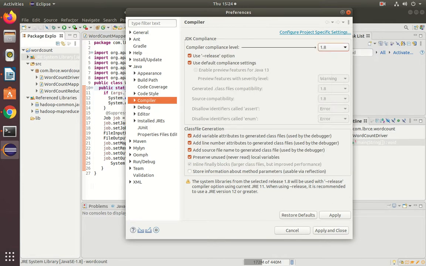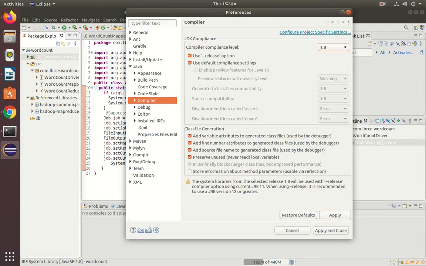At the time of Hadoop installation my Java version is 1.8, but my Eclipse version is 11, that's why it is unsupported. That's why select the Eclipse version also 1.8. This is also generating classes 1.8, source compatibility also 1.8.